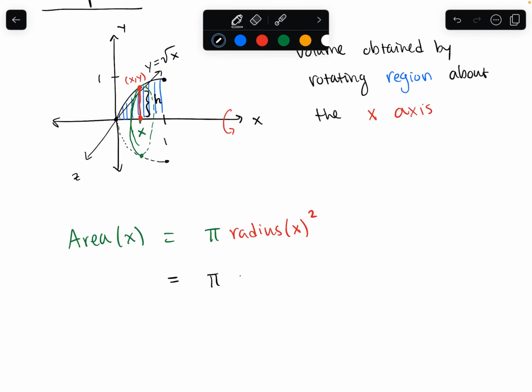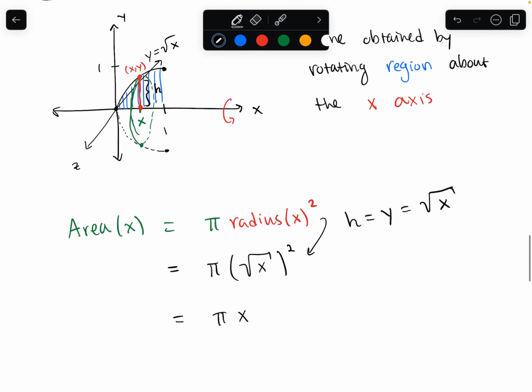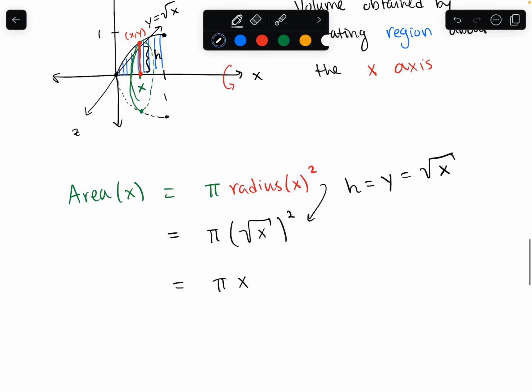So it's just square root of x quantity squared, because the height I'm working with is the y coordinate, which is square root of x, because it lies on that curve. So in other words, the area of this cross section is just pi times x. Okay? And now if I want the volume,